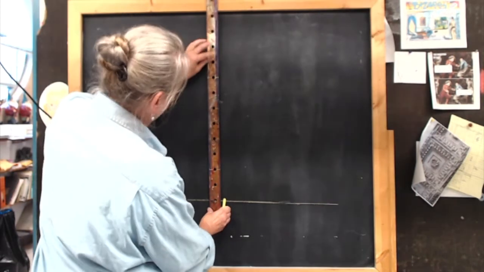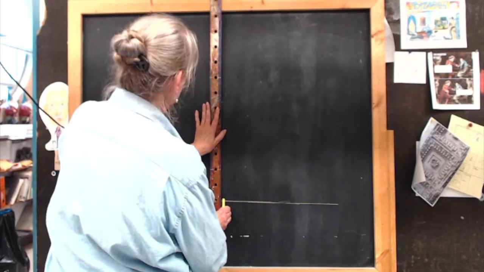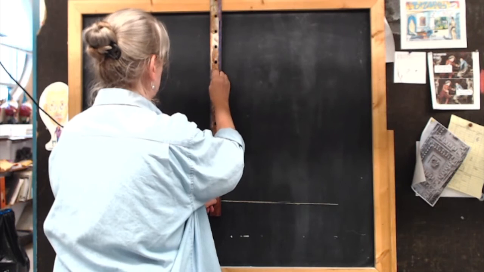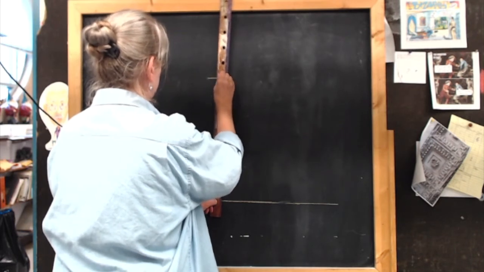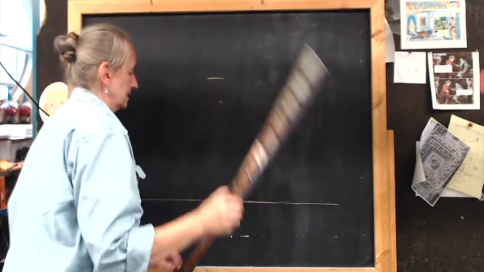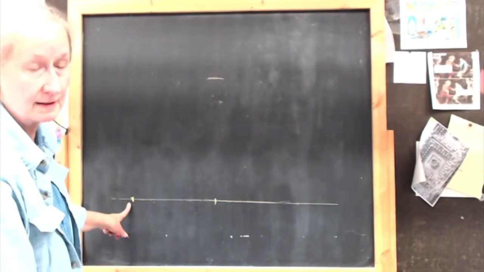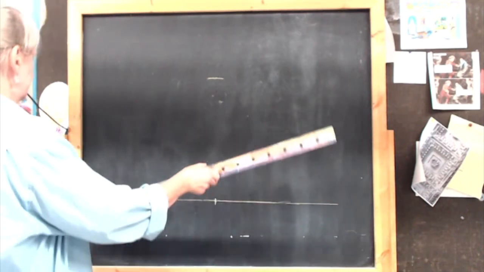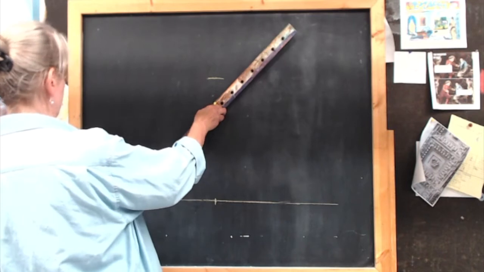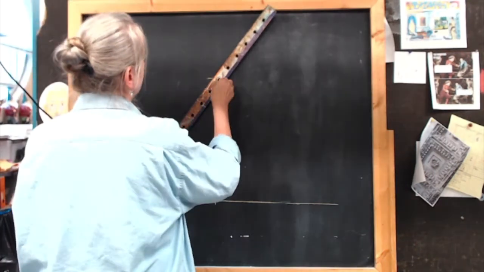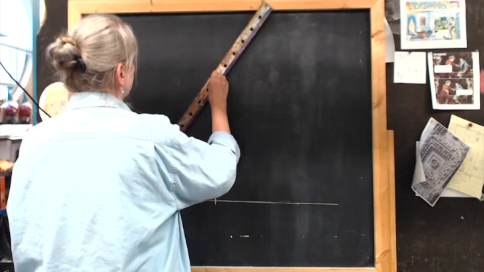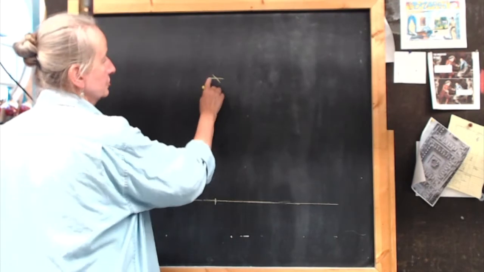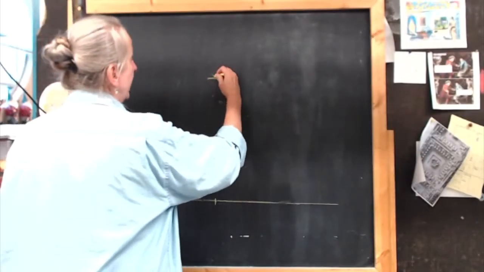So I'm going to center that point there. What I need to do is draw a little bit of an arc, right? Then I'm going to go back to my original point. I'm going to center this point on that hole there. And I'm going to do an arc, and where the 2 arcs cross, that's my point,